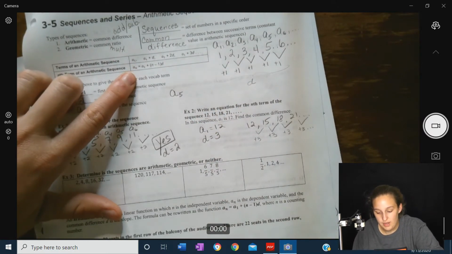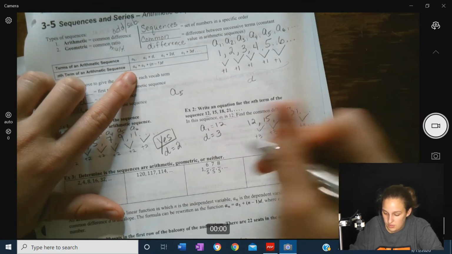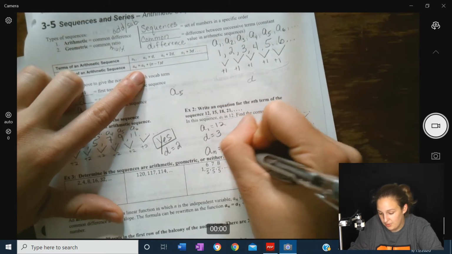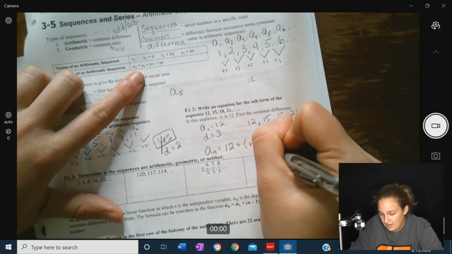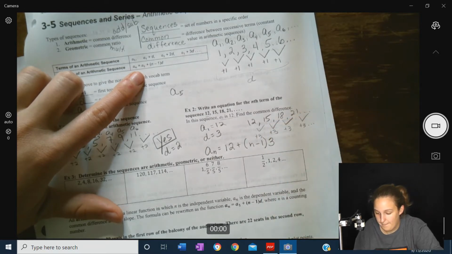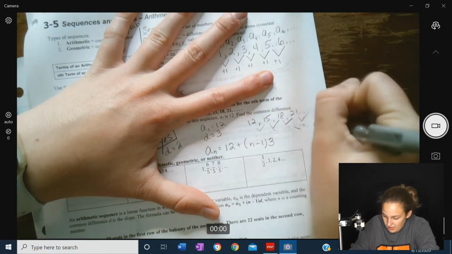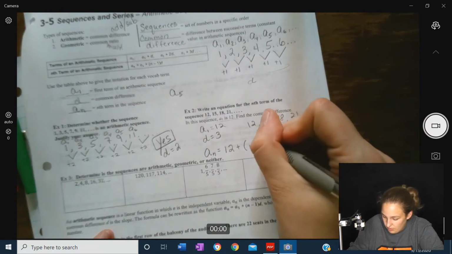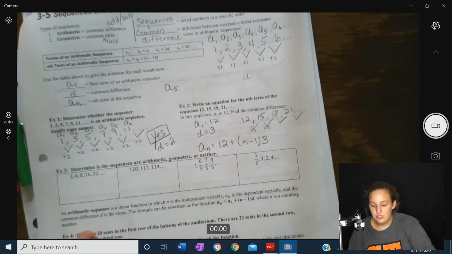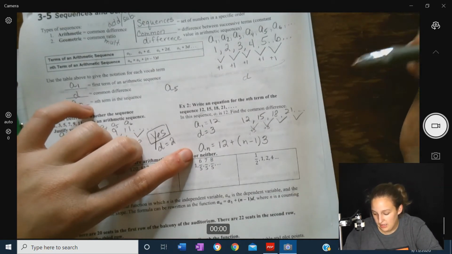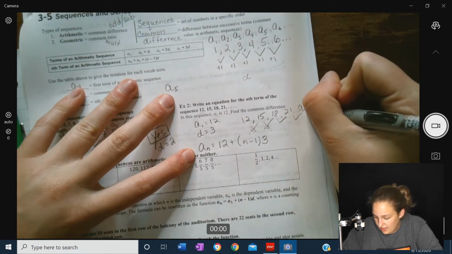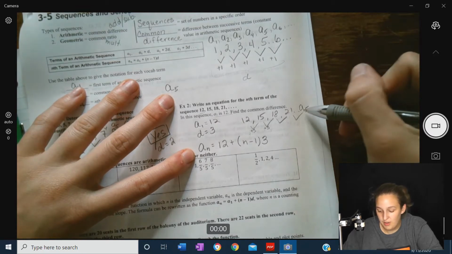So let's use this equation up here. So a of n, so to find any term, you can take the first term, which is 12, plus n minus 1 times D, which is 3. So just to check, let me erase this so that we have a little bit more room. Write this up here. Okay, so just to check, let's find the next value. So this is 1, 2, 3, 4. This would be a sub 5. If we wanted to find this value,